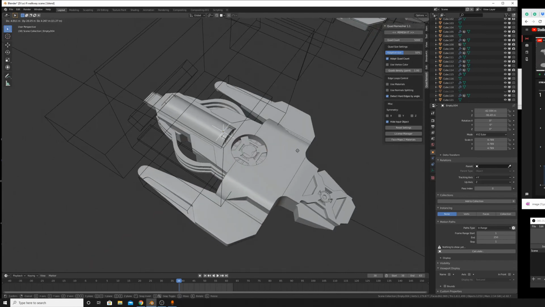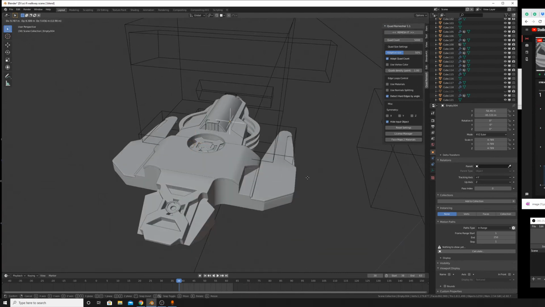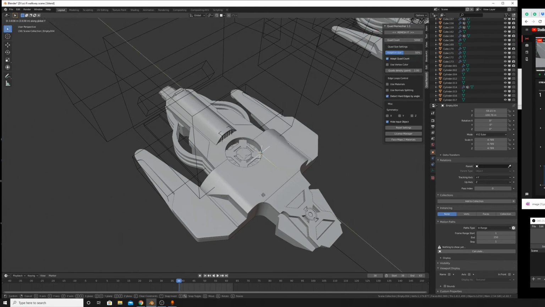And then for the ease of the use of this asset, I'm going to take this empty,